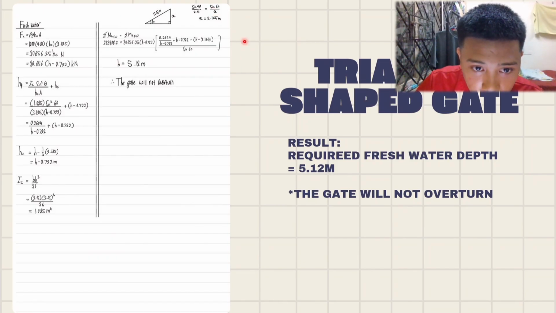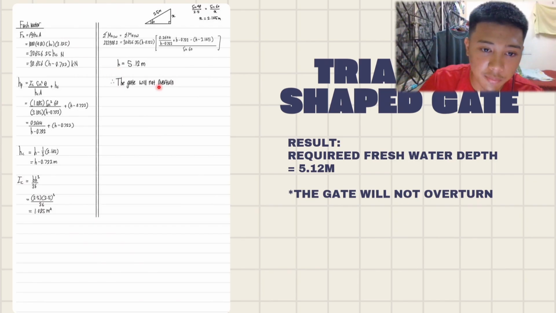This side, we are trying to find the moment acting on the gate for the freshwater side. So just use our mathematics skills, plug everything in and do the mathematics,